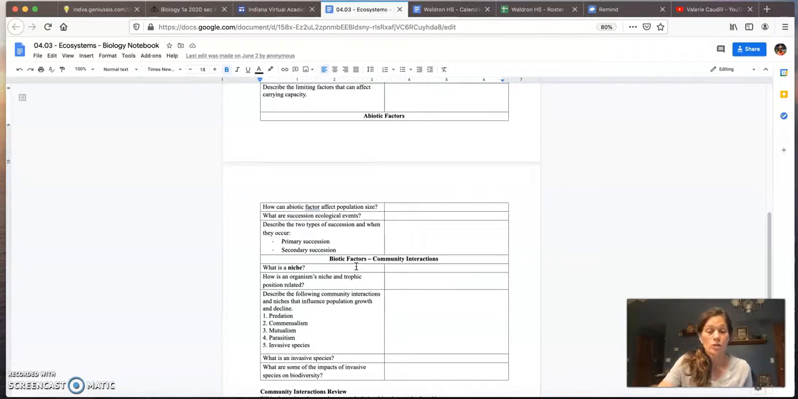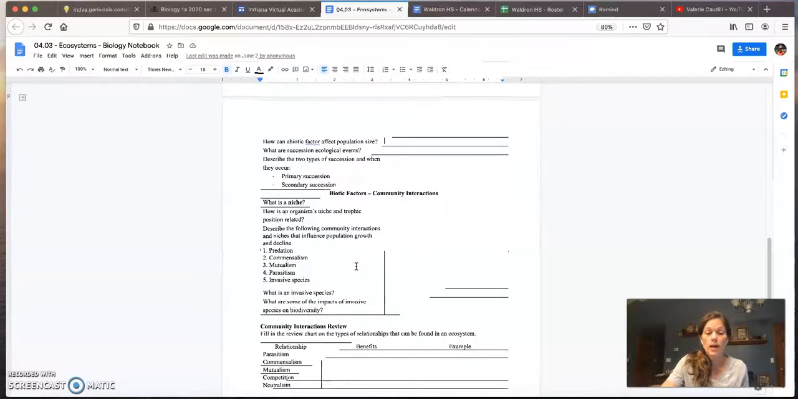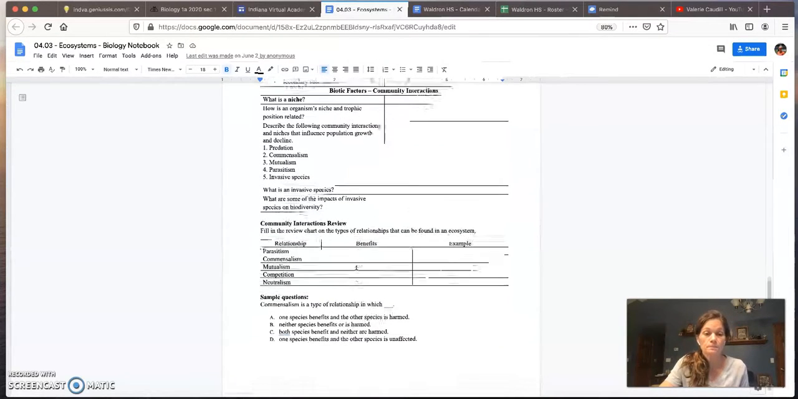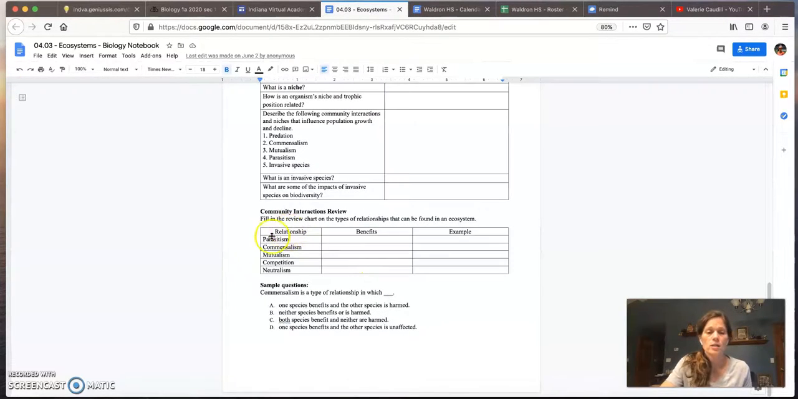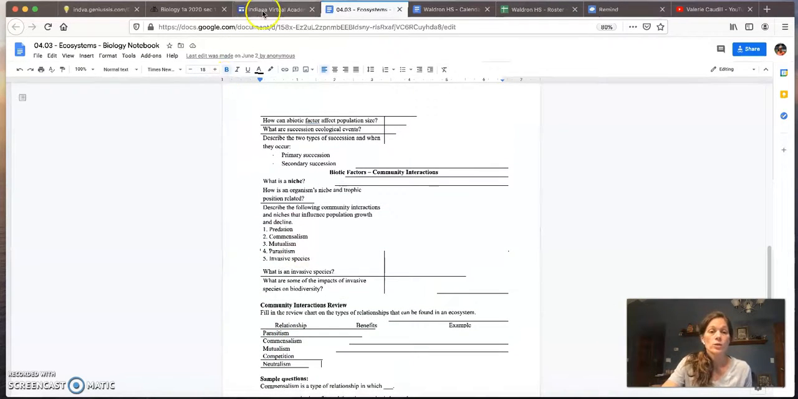There's a couple terms that you should be familiar with by now, biotic and abiotic factors, and how these impact a community. And then community interactions, some various different types of symbiotic relationships, parasitism, commensalism, and mutualism, and then two other relationships, competition and neutralism. Okay, so we will go back to Buzz